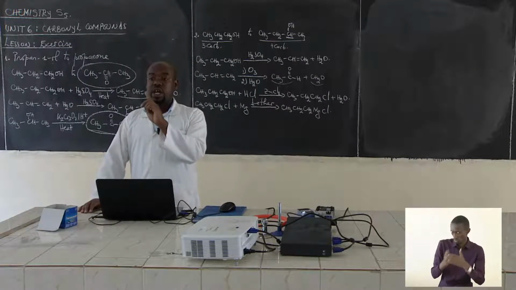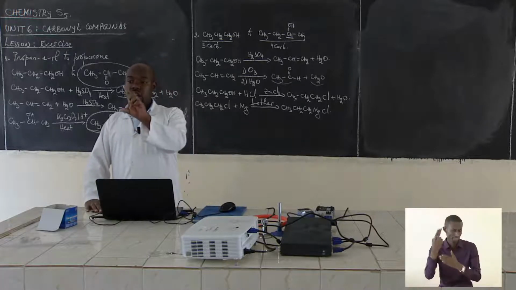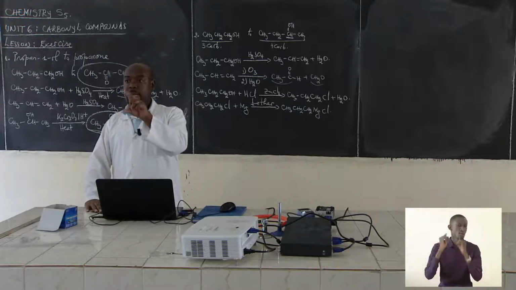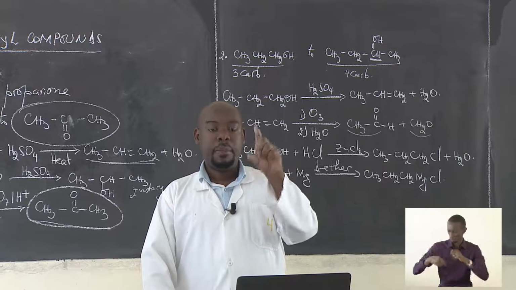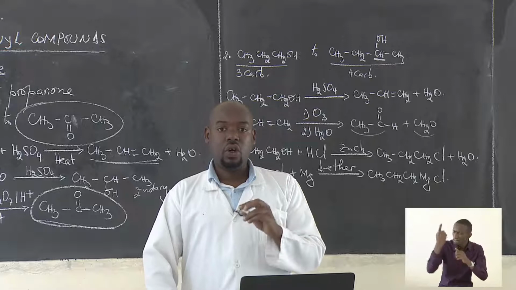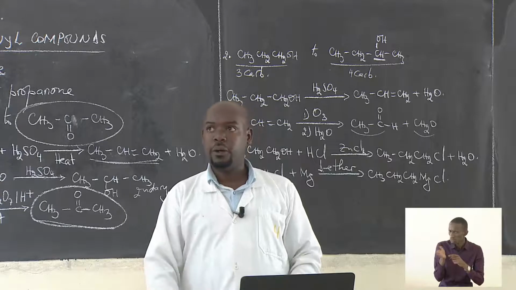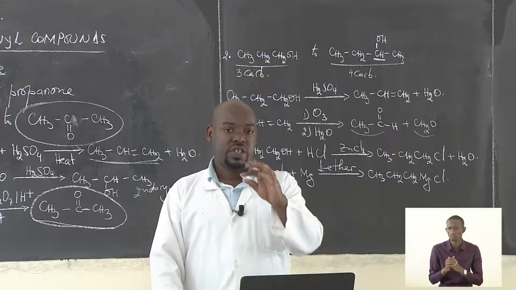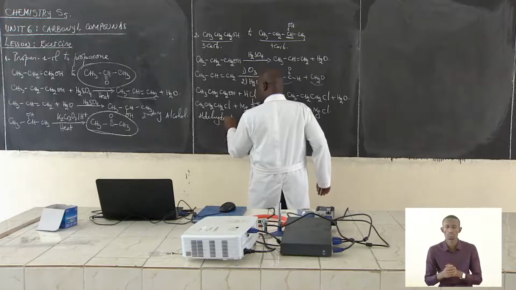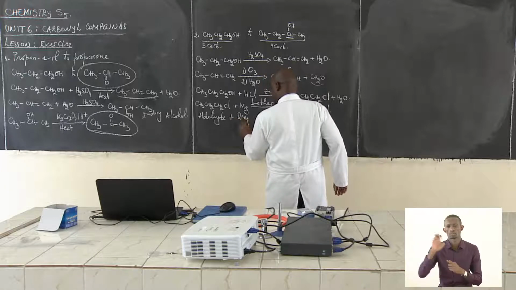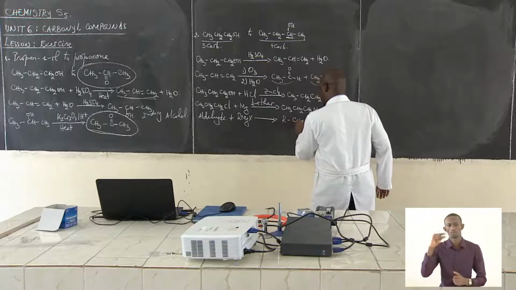We said that we can only produce secondary alcohols from Grignard reagents if the Grignard reagents are reacted with carbonyl compounds that are not formaldehyde, let us say aldehydes. When we take an aldehyde plus a Grignard reagent,